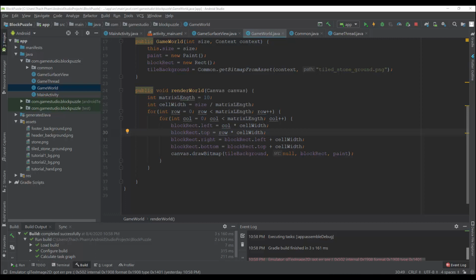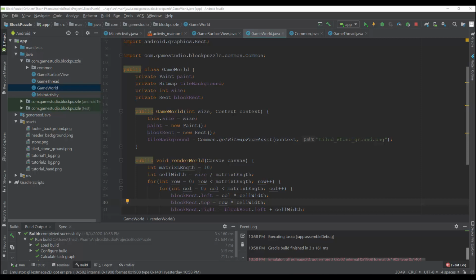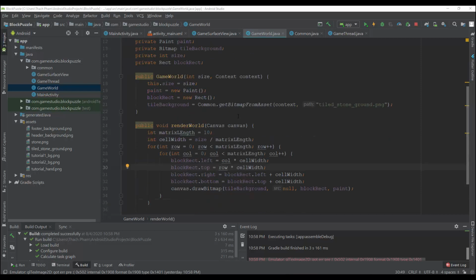Hello, welcome to part 5 of the block puzzle on Android tutorial. Like I said in the previous video, in this video I will show you how to get the position of the board and some objects in the game, because the Android device has many kinds of device screens. So every device screen will have